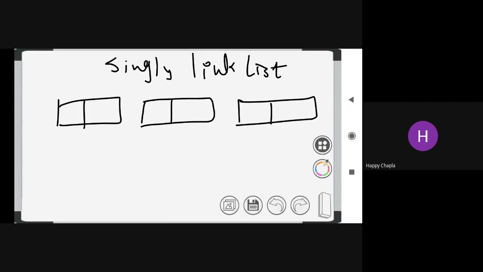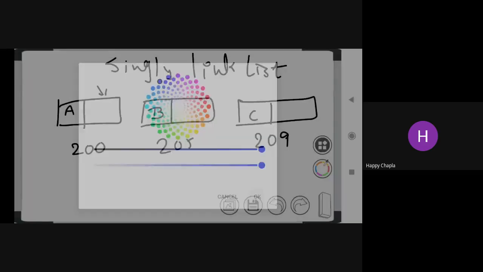Now, if I have memory locations 200, 205, and 209, with data parts A, B, and C, now you have to give me the link of A. Over here in this portion, what is the address of the next node? You have to find it. Give me the address of the next node over here.